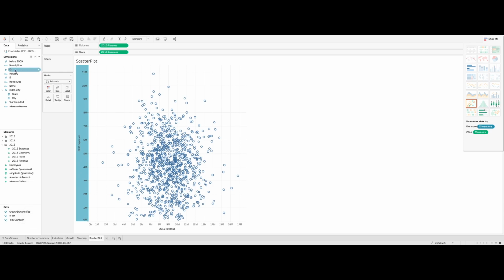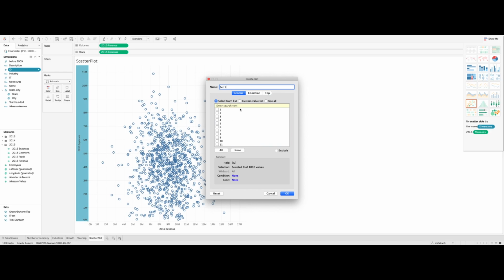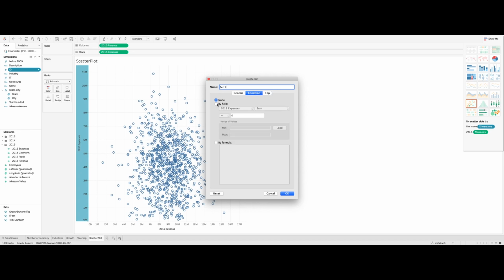But as I told you, it's better I create my set on my ID because it's unique. And at the moment, in the previous tree map graph, I was looking for top 10. Top 10 was good for me, but now I'm looking for